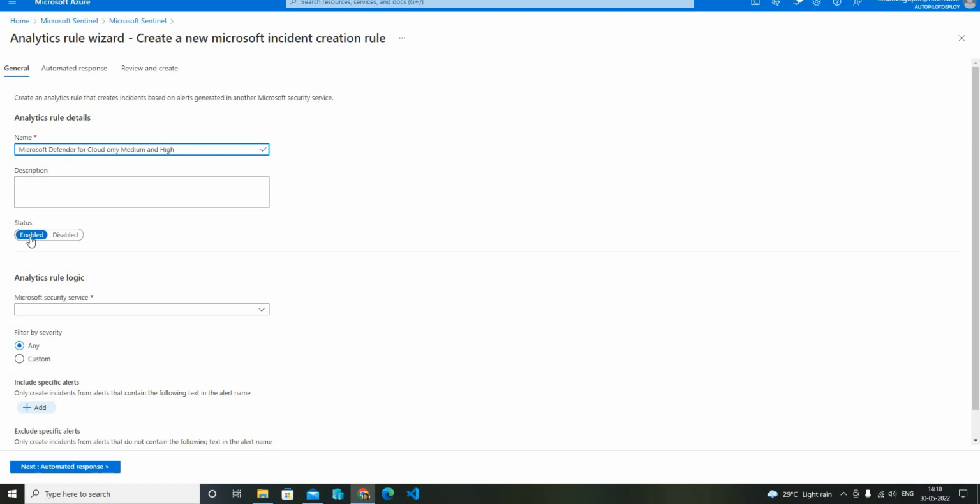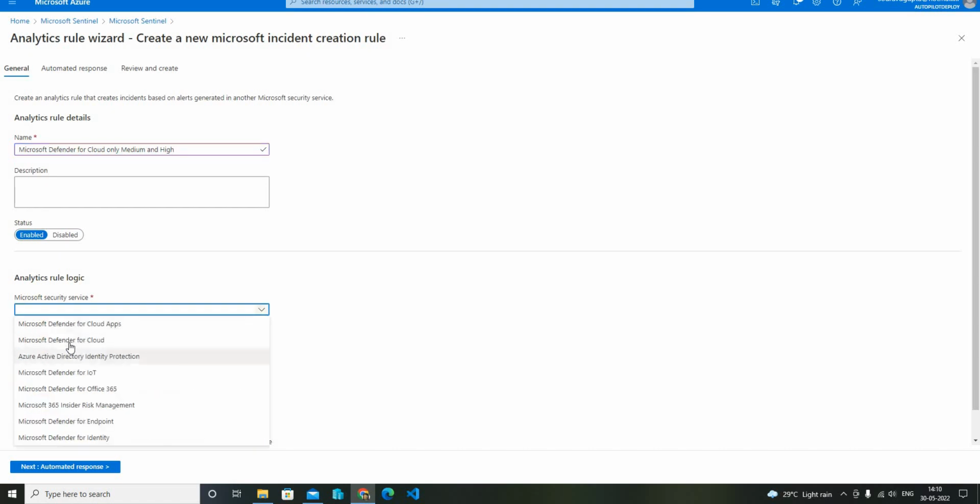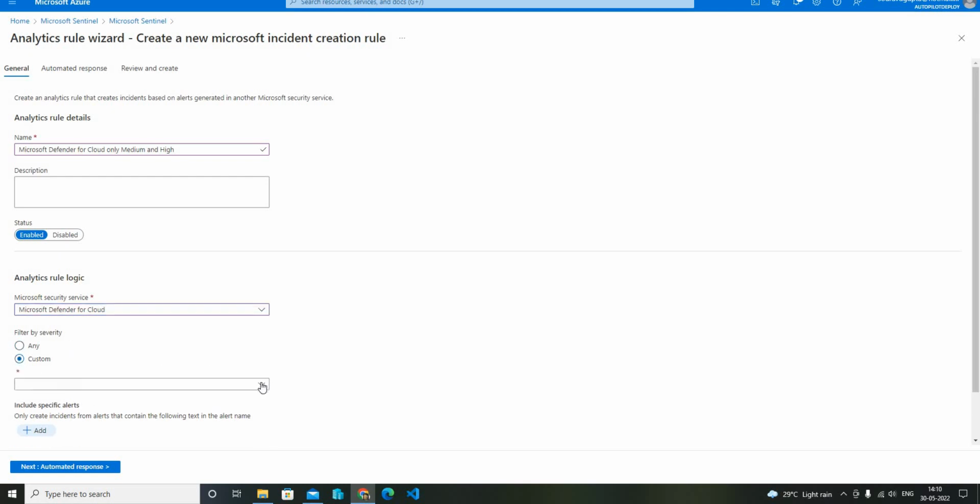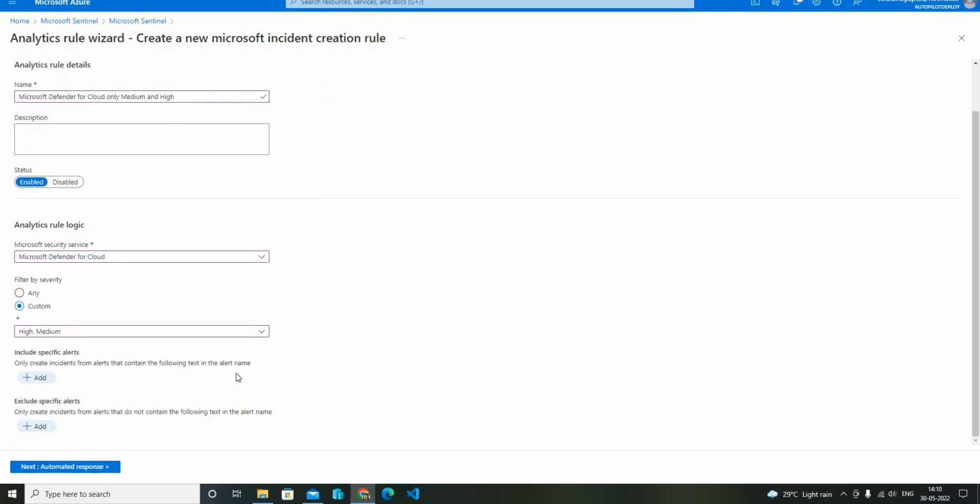Let's keep the status as enabled. Under analytics rule logic you have to select Microsoft Security Service. So I am going ahead and selecting Microsoft Defender for Cloud Service. Filter by severity, select custom and select high and medium, and let's keep the default as it is and click